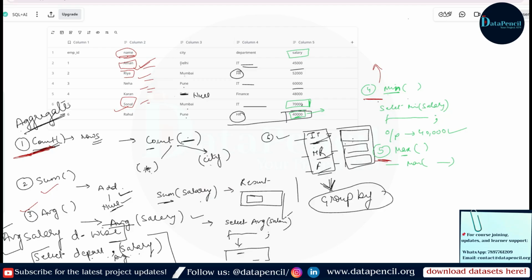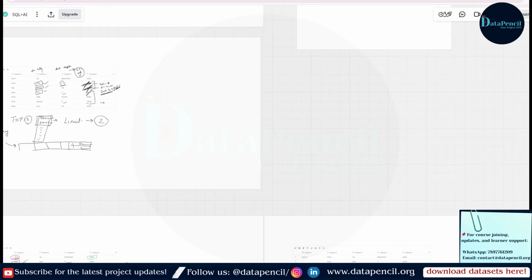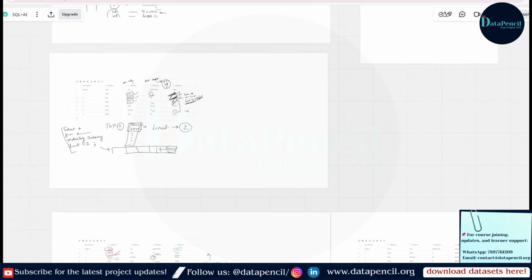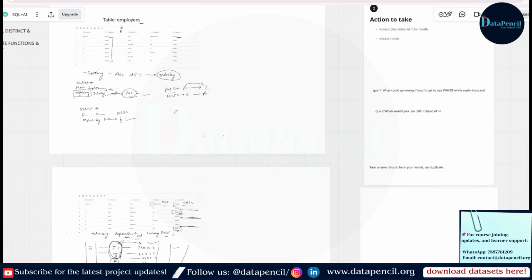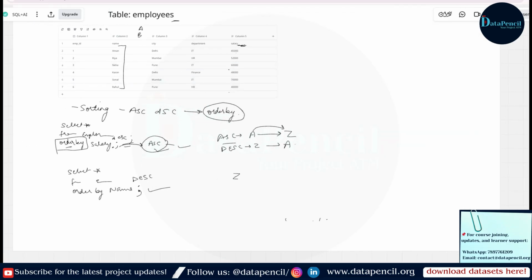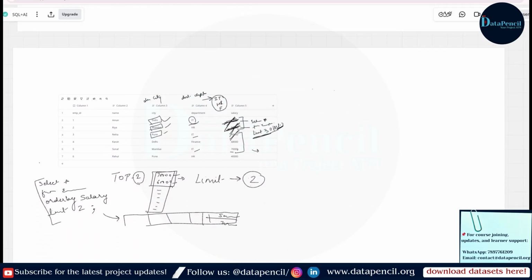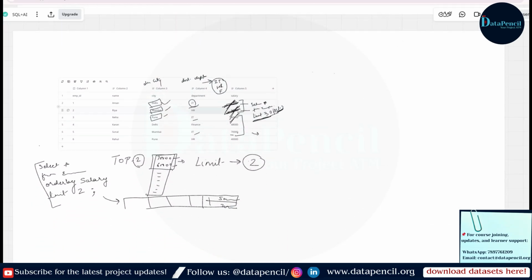Alright, fine. Now let's see what we have discussed so far. We have seen how to sort our data in ascending and descending manner, for which we use order by. Then we have seen how to limit our data. If we want to see the first 2 rows or first 3 rows only, we use limit.